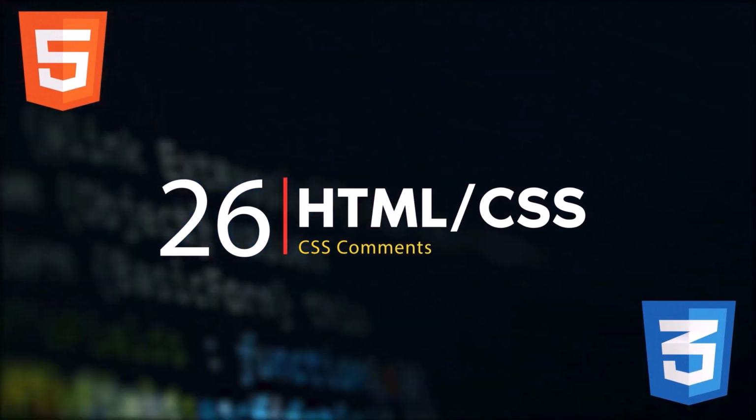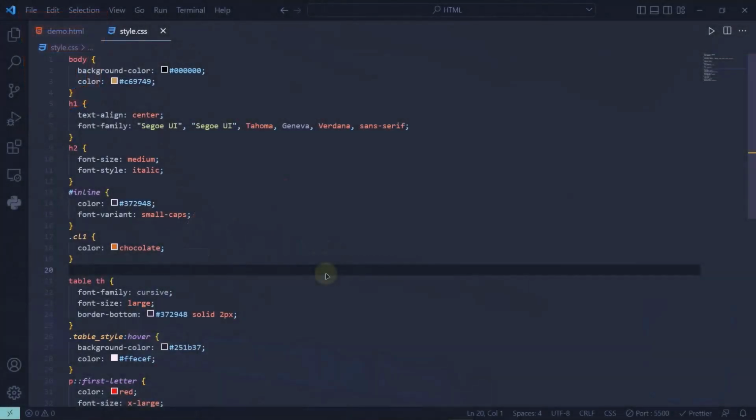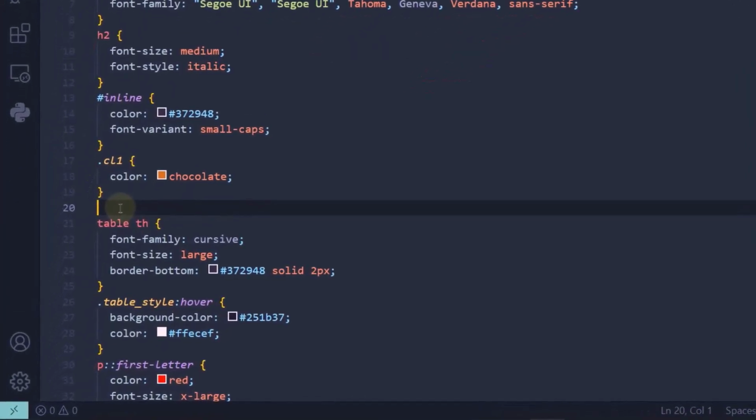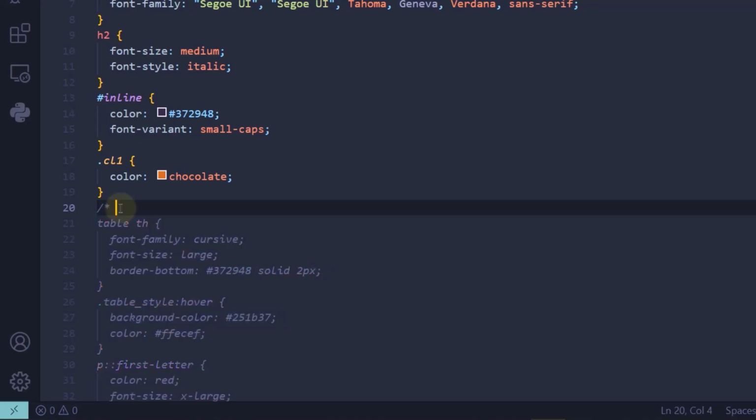Just like the HTML comments, the CSS comments are added to help the developer understand the CSS styling. At line number 20, what if I want to explain to the next developer that the code right after this line is about styling the th element, or the head of the table? To create a comment, you simply type a /, followed by an asterisk symbol. After that, you type in the comment, no matter what it is,